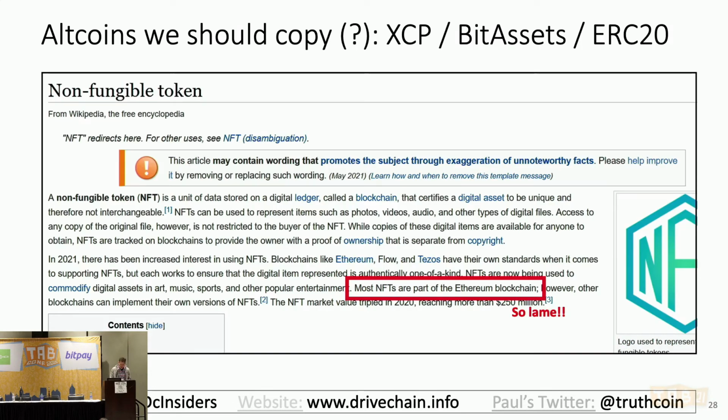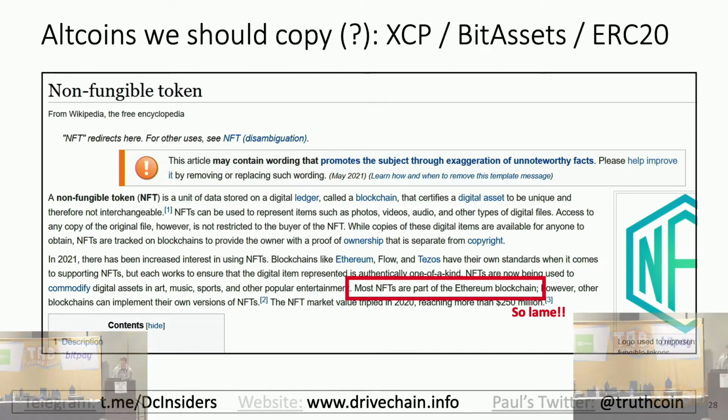So now, digital assets, ERC20, NFTs, etc., like digital baseball cards, basically, except unforgeable and indestructible and unseizable, which is kind of neat. So people like to collect things. Now most NFTs are on Ethereum, which I think is kind of lame, especially because we Bitcoiners were the ones who actually created all this originally. We started this with Counterparty, colored coins, and all this other stuff.